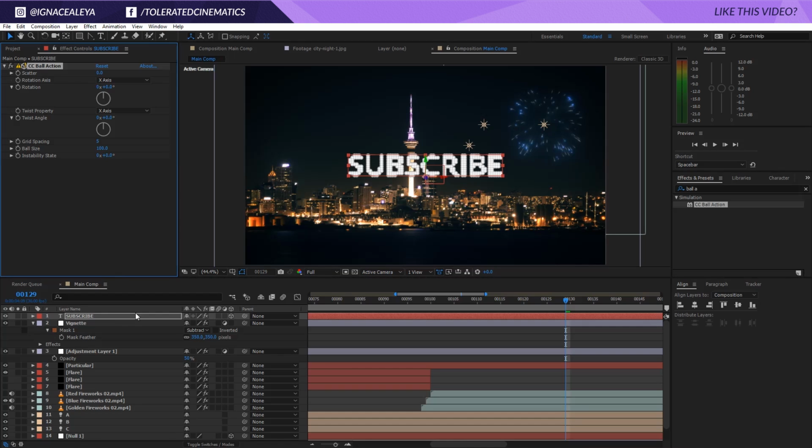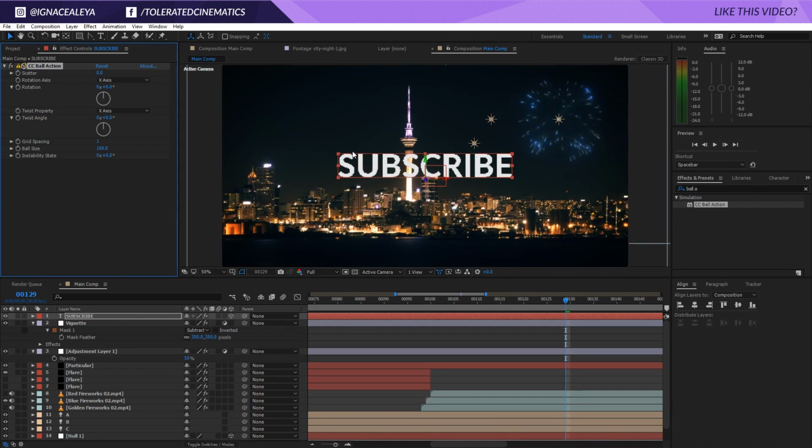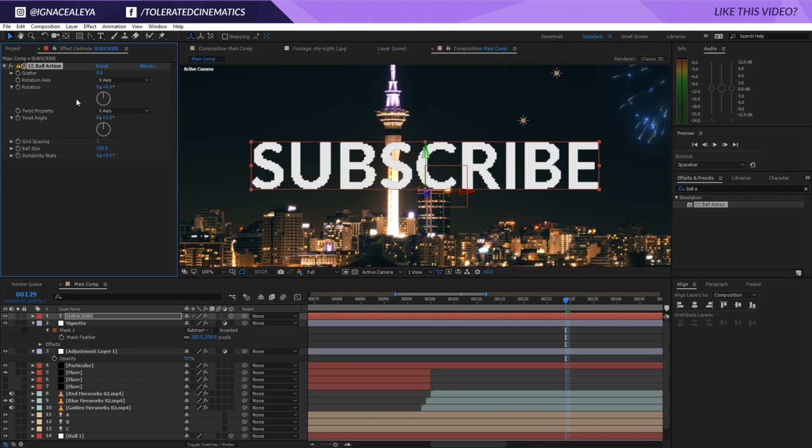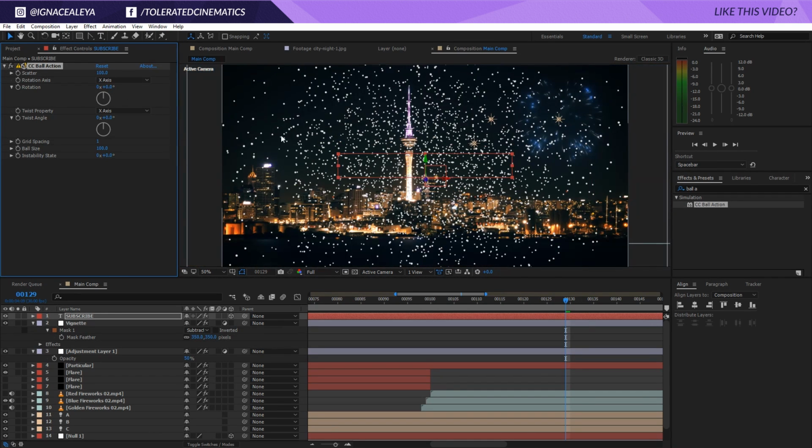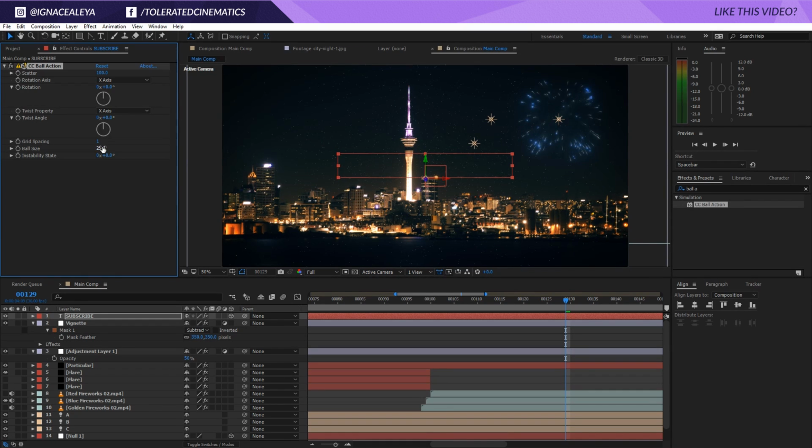I apply this to my text, and actually what I did here is grid spacing. I set this to 1, and there we go, I have my text, and then I scattered it, let's say 100 for now, ball size maybe 25. There we go. Actually, we can set this at 0 for now, and a twist angle of 90 and a rotation of 90. And then I actually keyframed all of these things